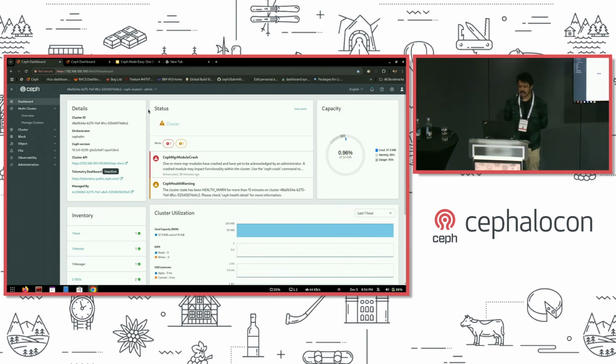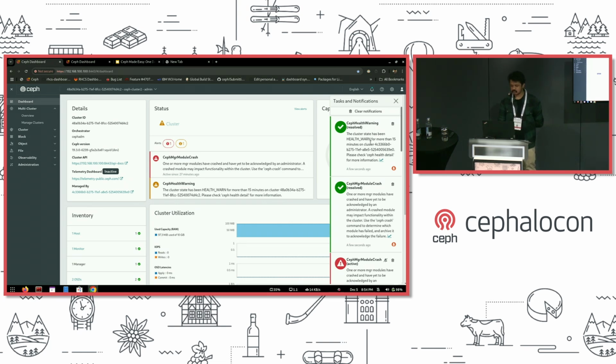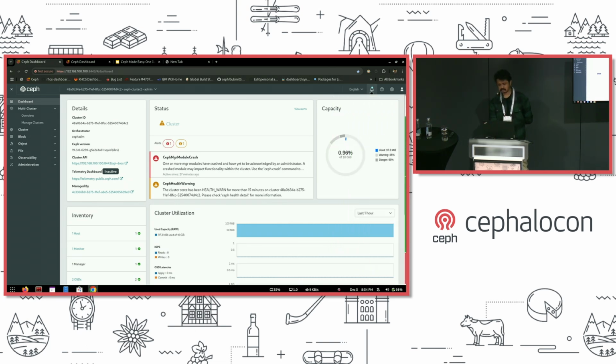So the dashboard will now consume from the REST API of the second cluster, or whatever cluster I choose, and that will show information from that particular cluster. As you can see, when I clicked on that one, it refreshed all those alerts. So every alert gets shown immediately on that cluster, and if you want to manage the cluster from here,